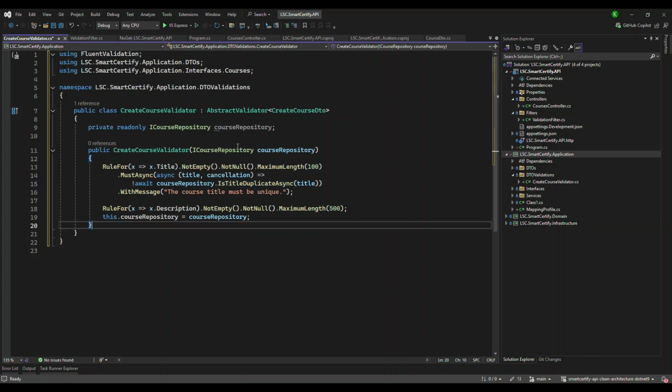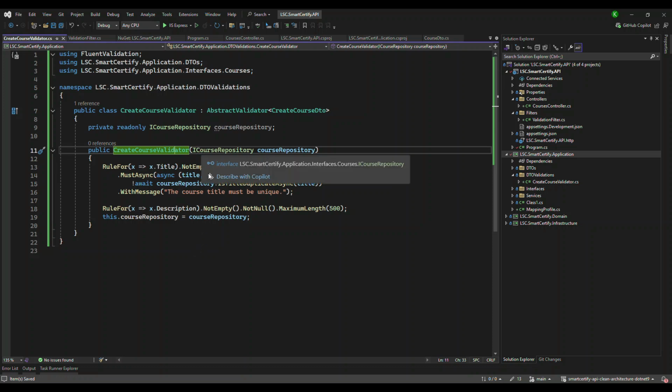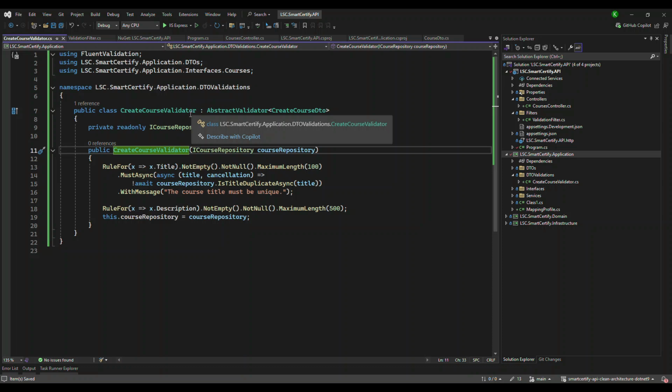Now is this enough? No, not really. One thing with FluentValidation is, because this is using an asynchronous call, we cannot inject this in the pipeline to make FluentValidation run as per the pipeline, meaning we cannot make it invoke by itself. That's what I meant. All right, so what we have to do further is,